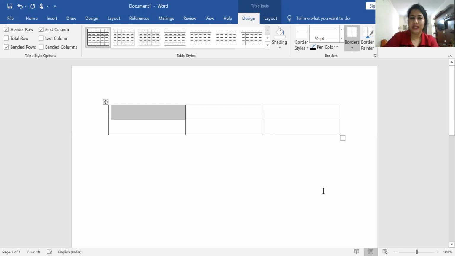so this highlighted portion you can see, that is a particular intersection of rows and column, that is called a cell. That is the intersection of rows and column, these are the cells, and we type the data in this particular cell. Then we can insert text also, we can insert graphics also, we can insert numbers also. Okay, and the data will be represented in the individual cell.